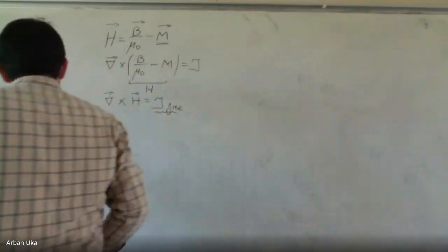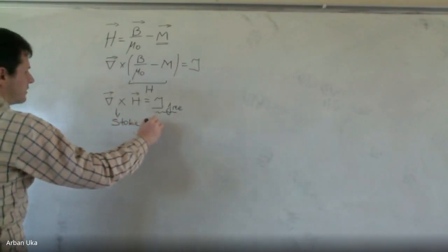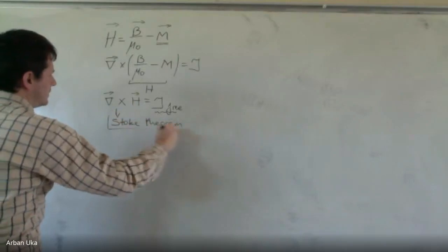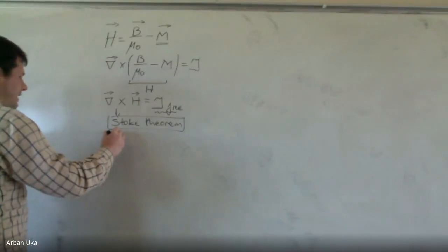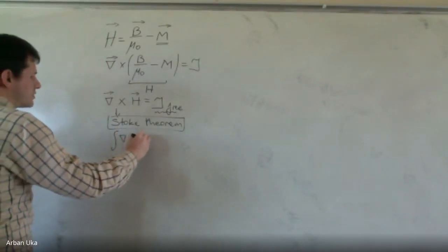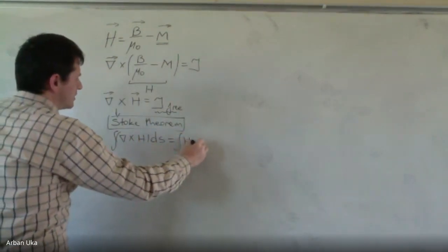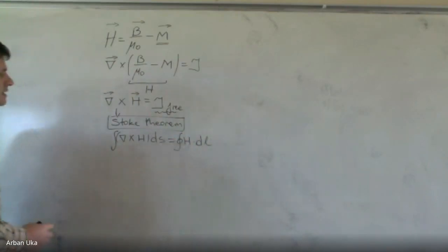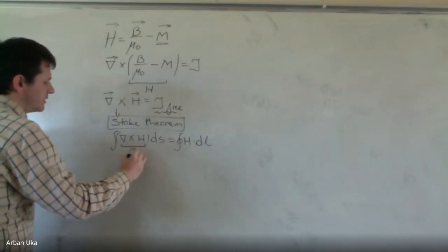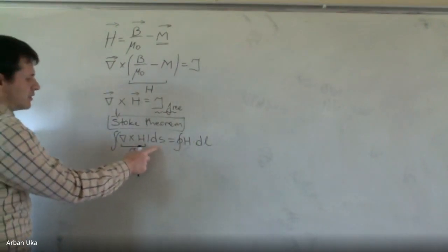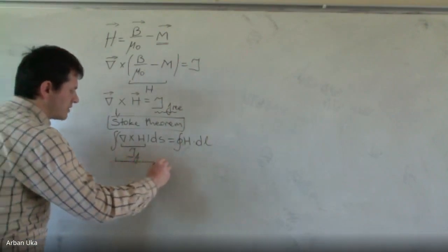And then from here, we can use the Stokes theorem. From the Stokes theorem, we can integrate this over a surface area. And finally we get that the integral of the curl of H dS is equal to the line integral of H dl, okay? And the curl of H is equal to J free, and this J free integrated with dS is equal to the current. So this is the total current,